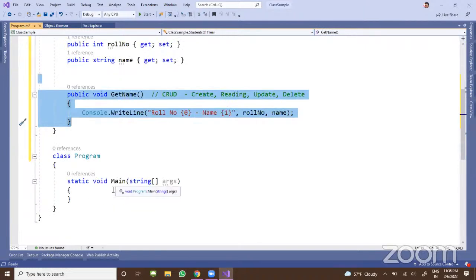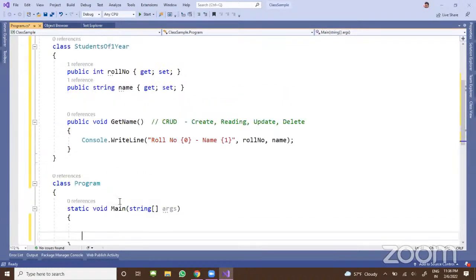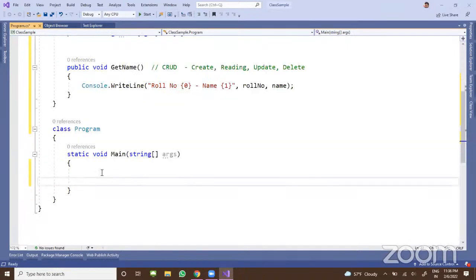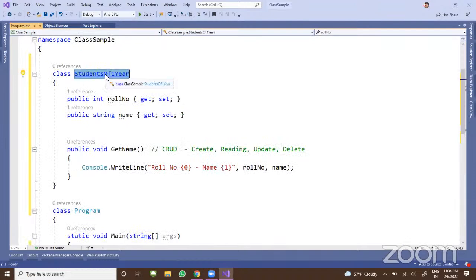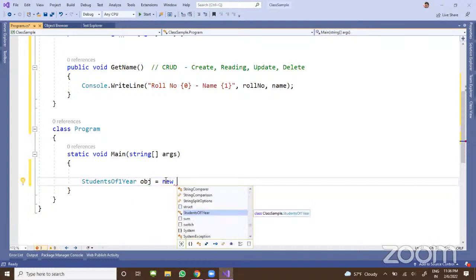So what is meant by an object? Let me show how to create an object. Now this is the main method, and this Student of first year is a class. So now I'm going to create one object for this. That object name is obj. The object belongs to this class, Student of year. And this is how you create it. You use the new keyword, then only the system will understand you are going to create an object